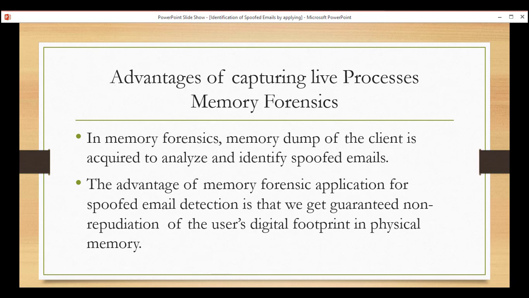So you are trying to identify spoofed email using email forensics, and through that you have to capture the data through memory forensics. The advantage of memory forensic application for spoofed email detection is that we get guaranteed non-repudiation of the user's digital footprint in physical memory. Guaranteed non-repudiation. So through that you detect, and then the person may not have any proof to deny the source